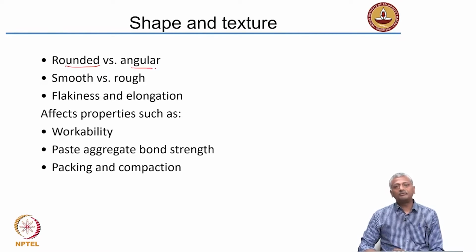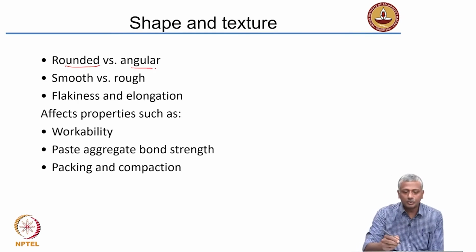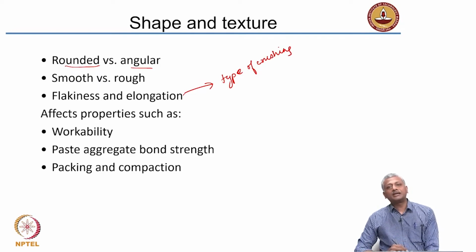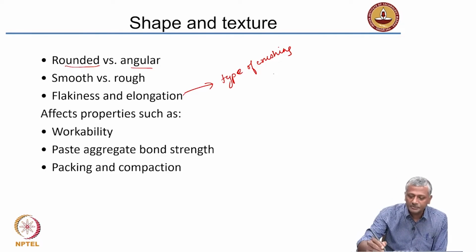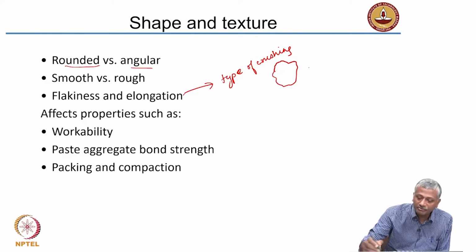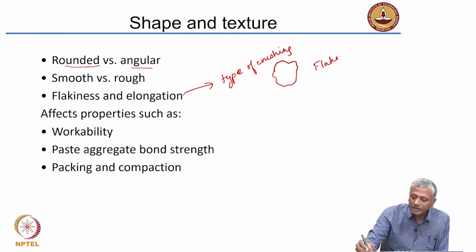And what might happen, depending upon the type of crushing that you use, is that the crushing of the quarried material may result in flaky and elongated aggregate. So, we typically expect the aggregates to be almost equidimensional, right. Even if it is quarried, the process of crushing should be such that we get more or less equidimensional material, right. But flaky material is when you have,